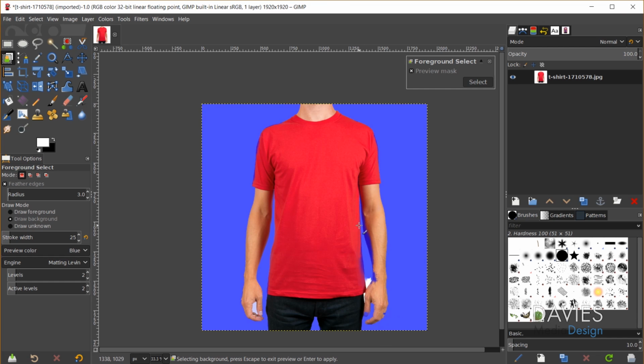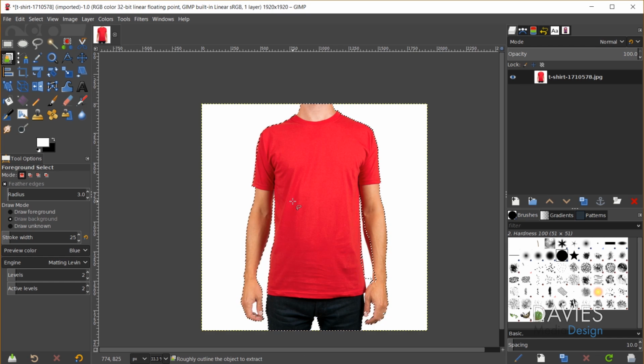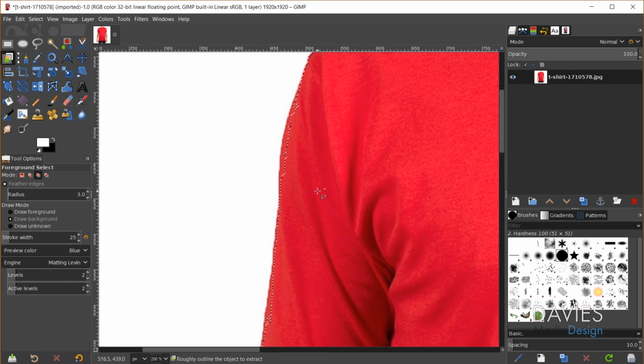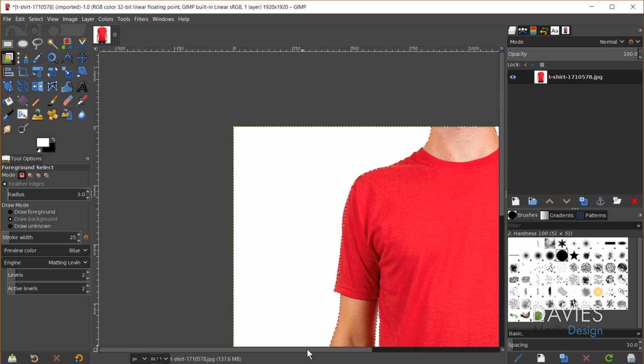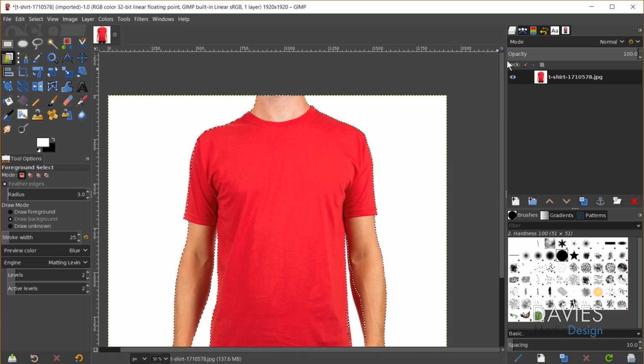So that has selected this as my background, and obviously I would need to clean that up a bit, but again, because I've already done this, I'm not going to spend too much time on it. But once you're ready, hit the Enter key, and that'll create a selection area. And of course, assuming you cleaned it up a little bit here, you should have a slightly better selection area. But if I hold Control and zoom in, you'll see this isn't exactly perfect. So eventually you will have to clean this up, and the way to do that is you'll come over here